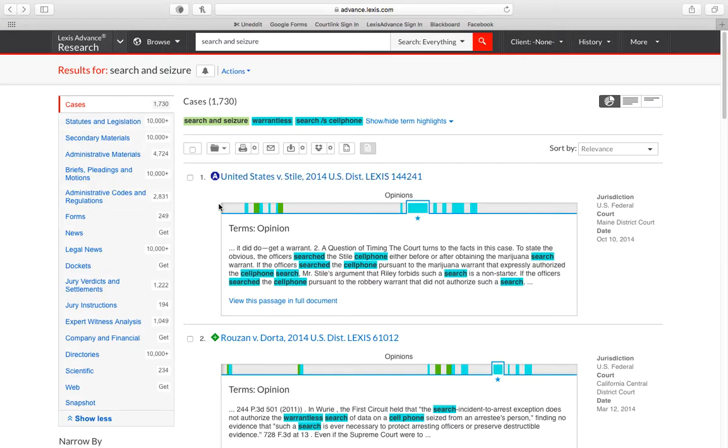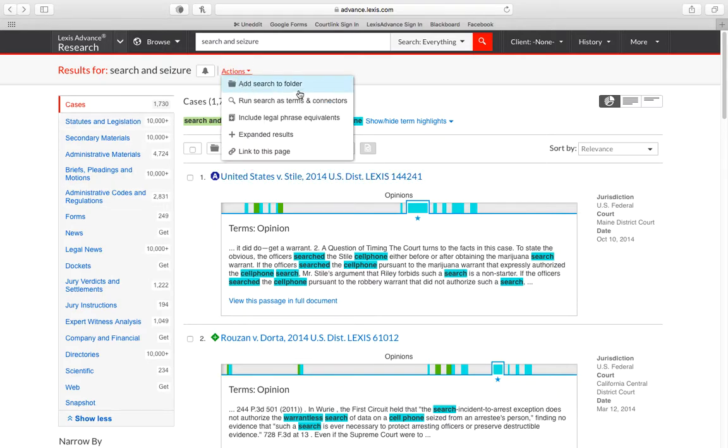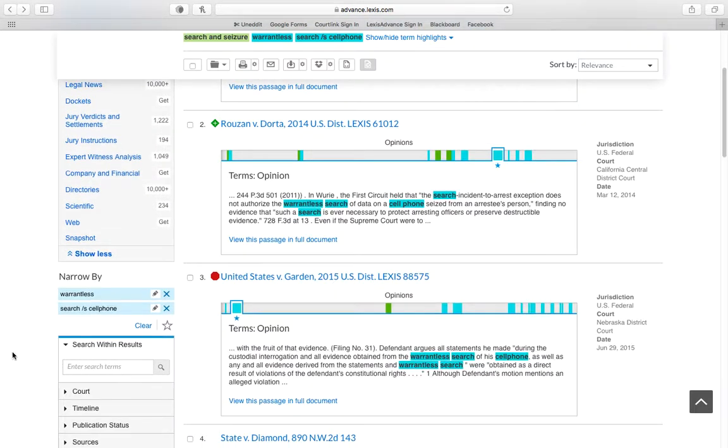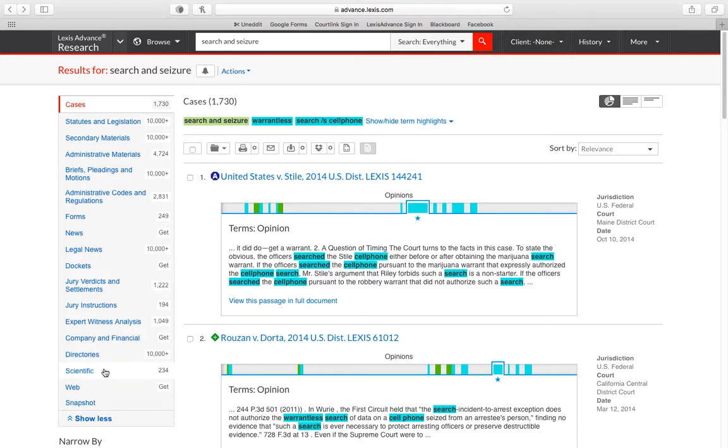Coming back out to our search page, you also can actually save searches to folders. So if you find that you're running a search very frequently, maybe you're stacking additional terms, all of that, you can actually go ahead and add search to folders, select the folder you want to save to, and you actually have the ability to save all of these additional filters you've added and go and rerun that search out of your folder. It's a great idea, again,